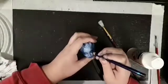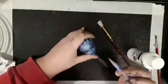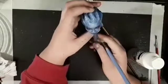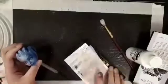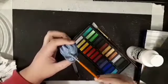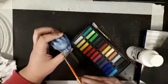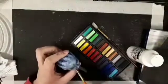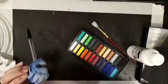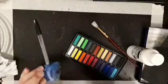And then just to blend in the freckles a teeny bit more, I just add more pastel. More of that medium blue. And just go over those things with the white to really tie it all together. And yeah, after this point, that's when I added the glossy varnish to the eyes, just the irises and the lips,